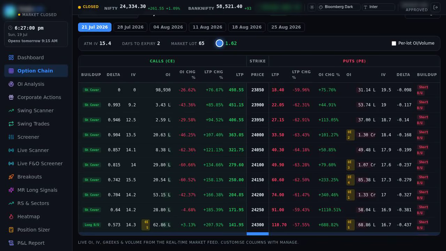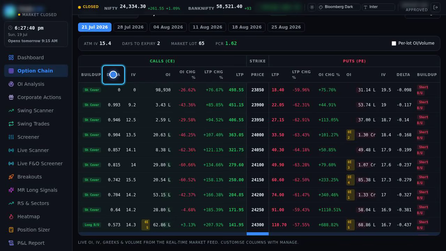But now the nuance that most beginners get completely wrong. At extremes, the PCR flips and becomes contrarian. A very, very high PCR often means almost everyone is already bullish and positioned, so there are few buyers left to push higher, and the market tends to snap back down. And a very low PCR can mark the opposite, a bottom. So please, never treat PCR as a simple buy or sell button. Use it the way a good trader does, as a gauge of the overall mood, one piece of the puzzle you combine with everything else on the screen.